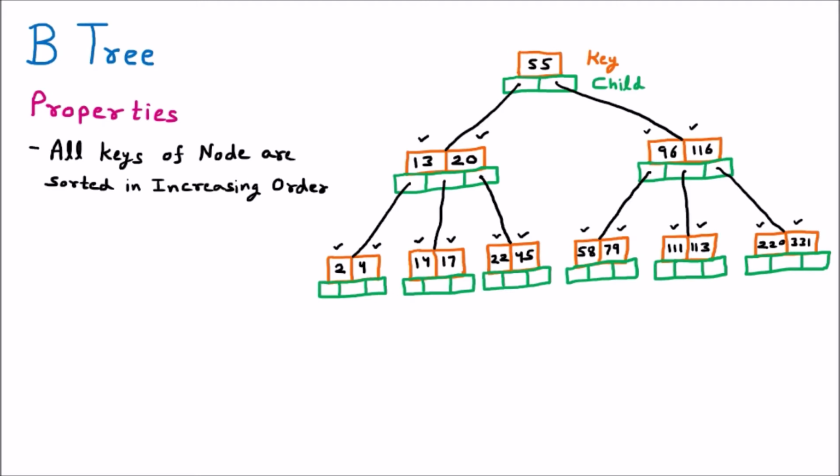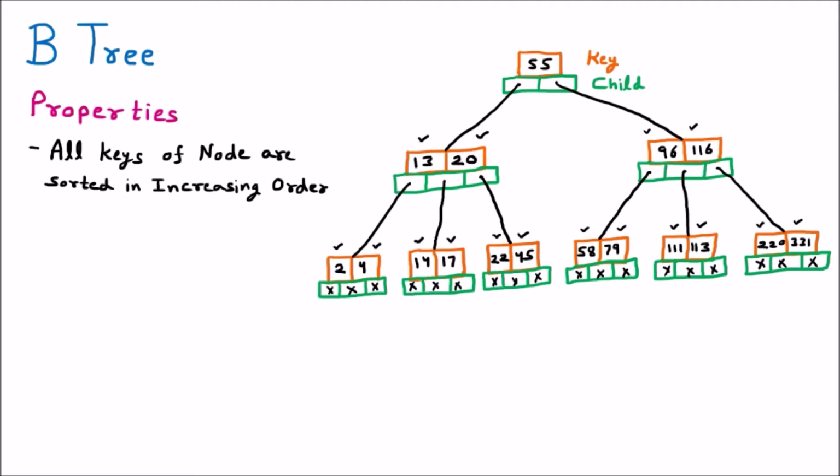Now the last portion we are putting as the cross, that means there is no further child. That's why we are representing all as null. We are representing null with the help of the cross. Cross means no further child of these nodes is available. Now we are going to discuss the next property of the B tree.